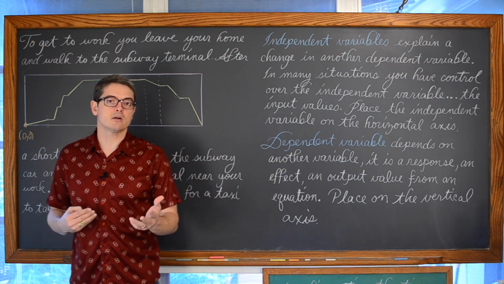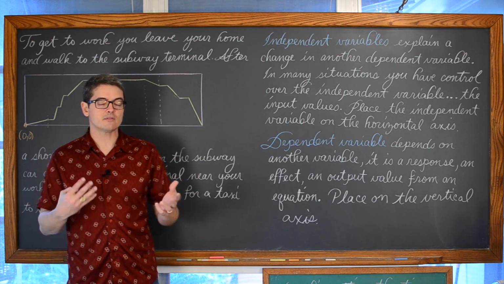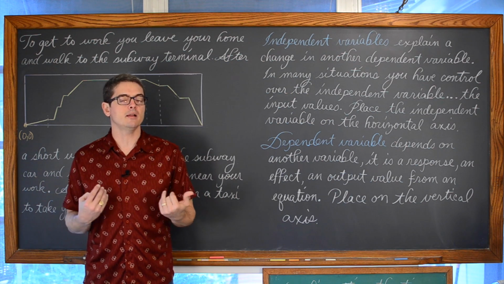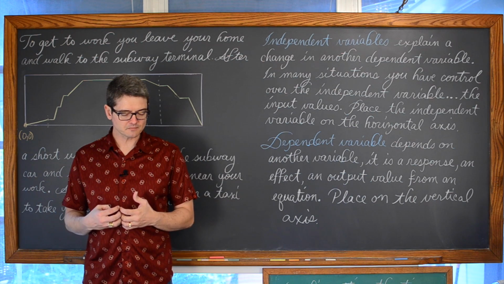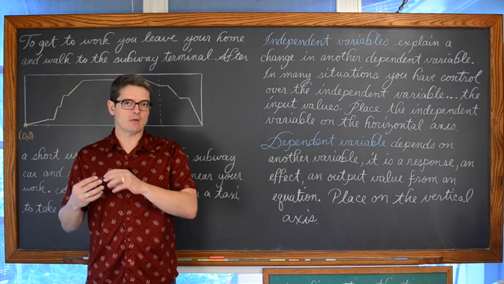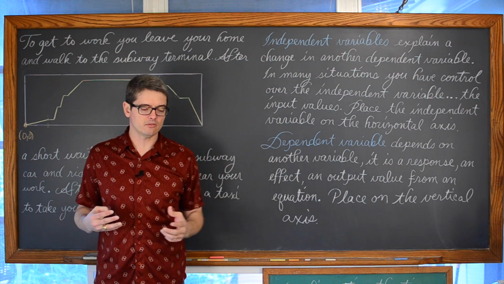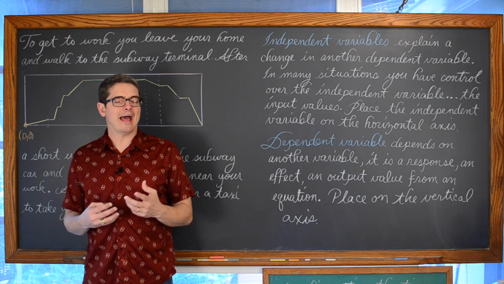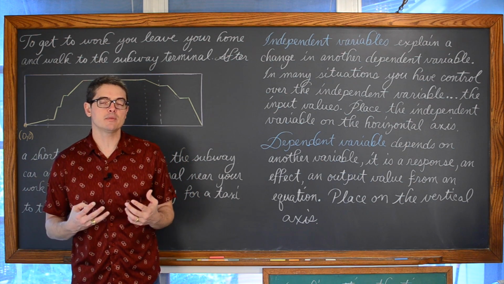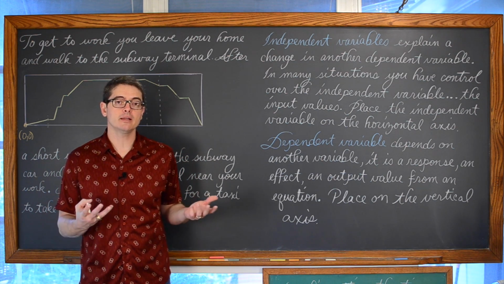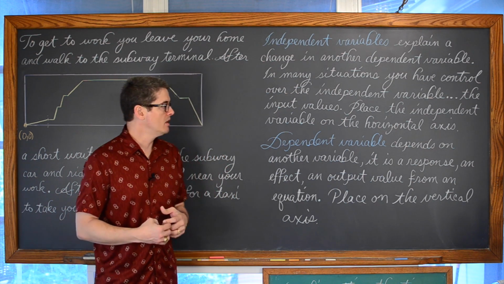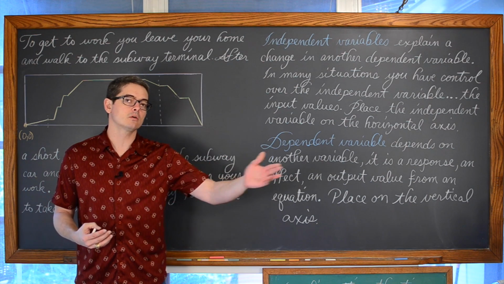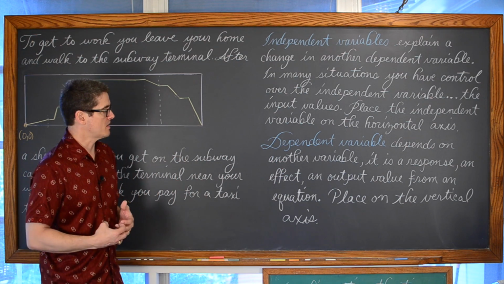In the previous scene, I talked about students studying, the amount of time they study, and their ultimate grade in my class. Again, when I collected that data and displayed it, and maybe if it happened to be a linear pattern, run a regression line through it, the students have control over the amount of time that they study. So in that case, the time studied in minutes or hours, or however it's being measured, would be the independent variable and go along the horizontal axis, or the x-axis.